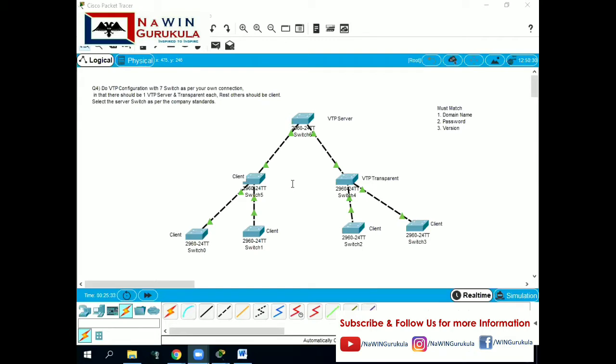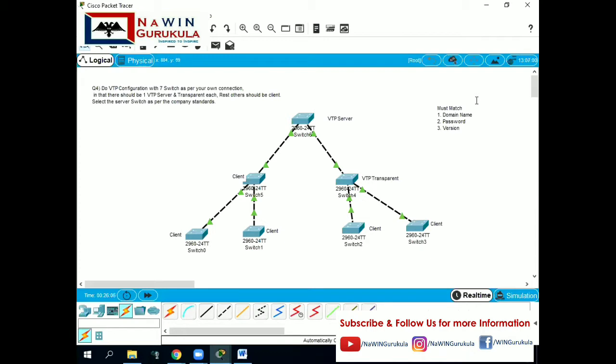Just to have a note, the switches should be configured in the same domain, and the domain names are not case sensitive. All the connections between the switches should be trunks. Until this criteria matches, things will not work here.